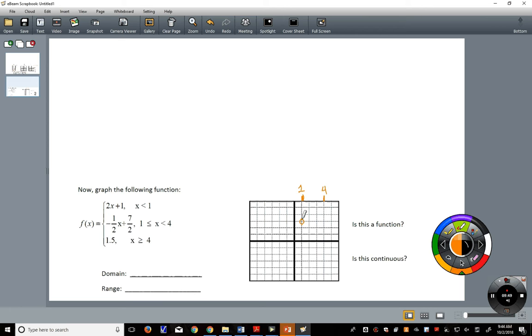So let's say I plugged in negative 2, because negative 2 is something that's less than 1. 2 times negative 2 would be negative 4, plus 1 would be -3. So (-2, -3) would be a point on this graph, okay? And then I can connect that portion of the line, okay? Endpoints work really well if you have a line and you have two directions. Because again, how many points do you need to draw a line? 2. If you get an endpoint,